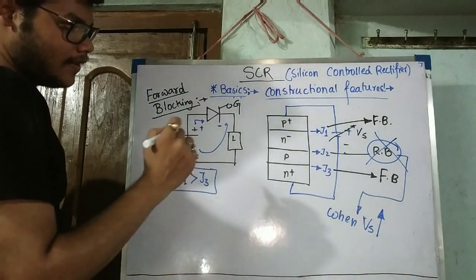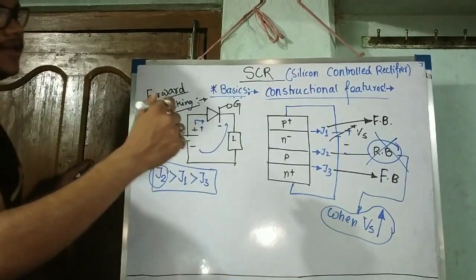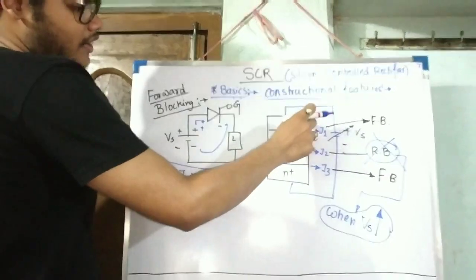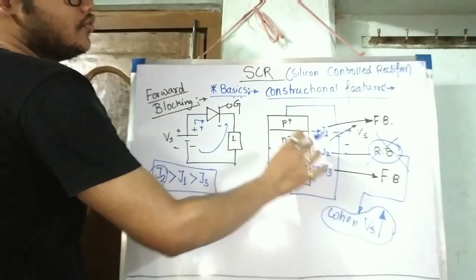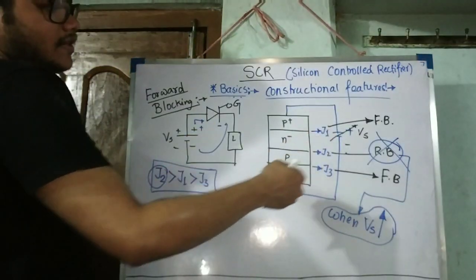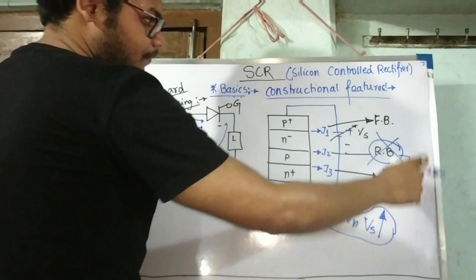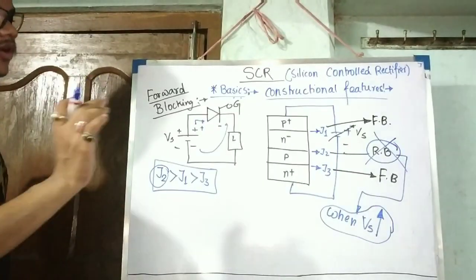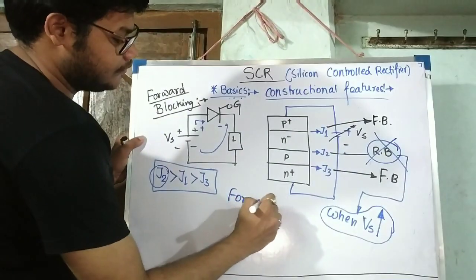Okay. So when Vs is exceeding a particular value of voltage, then J1 and J3 are already in forward bias, so they are ready to conduct. But J2, as soon as you cross some threshold value of Vs, breaks the reverse bias junction, then the device starts working, and that state will be known as forward conduction.